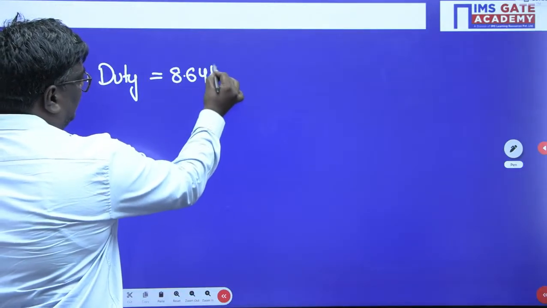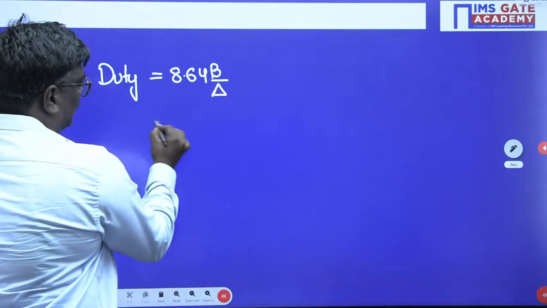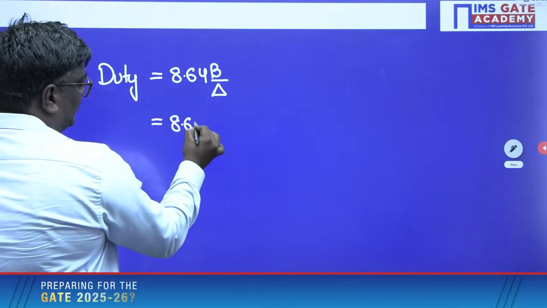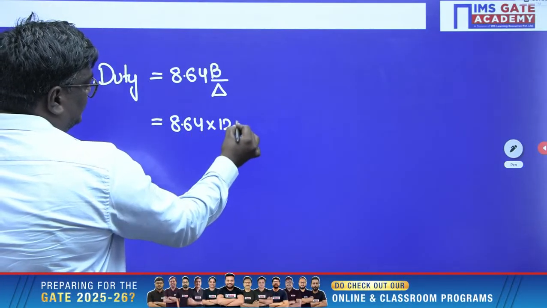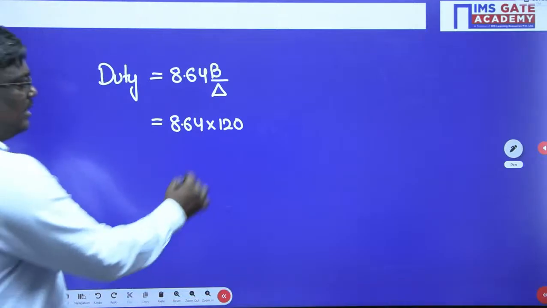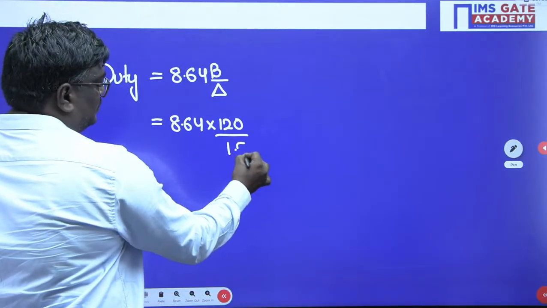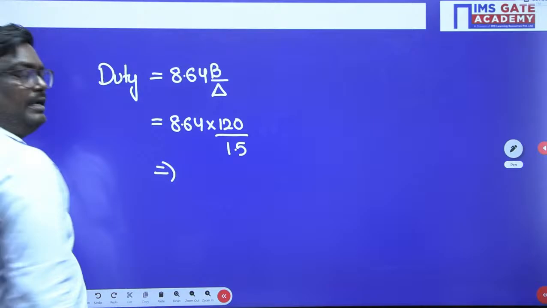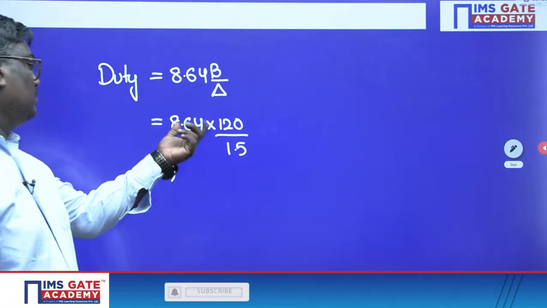8.64 B by delta. As I told you, what is the base period there? I think 120 days, right? Let me check it. 120 days, right? 120 days, very good. And here we have delta as how much? 1.5. So 8.64 into 120 by 1.5. So it will be around 3.2,